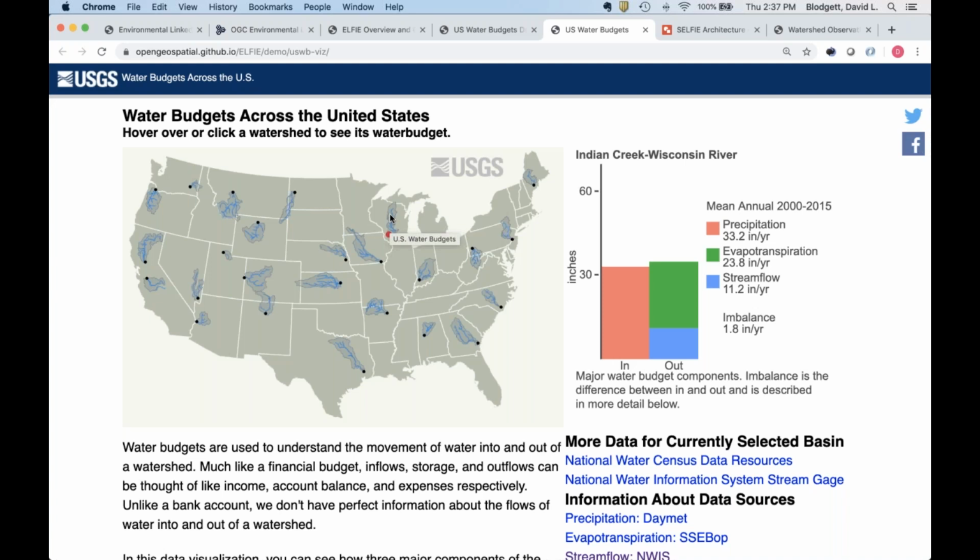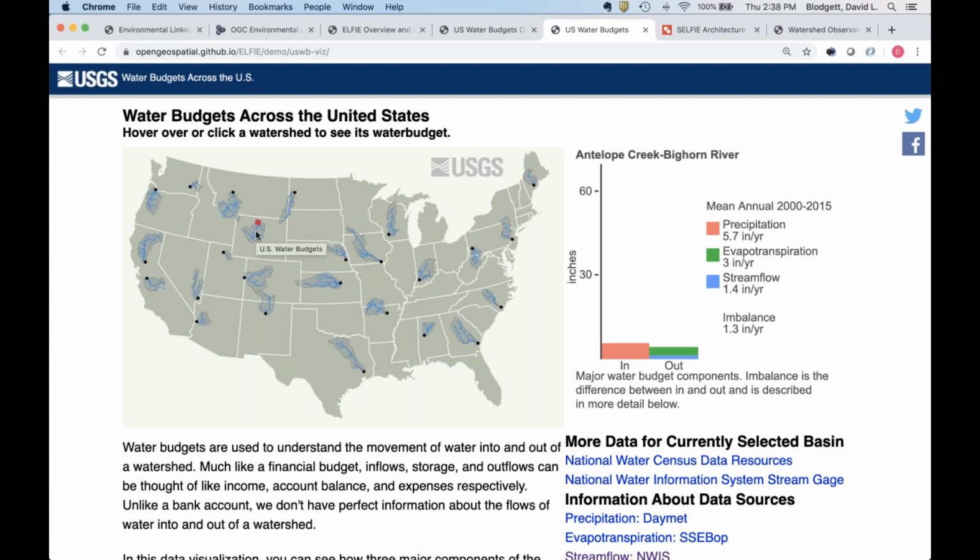Each of these is referenced via a web service call to the data that gets you the geometry. And then the stream gauge location at the outlet of that watershed is the red dot, or the black dot if it's not highlighted. For each of those watersheds, there's a web service available for precipitation and evapotranspiration, and stream flow at the outlet location of the watershed.